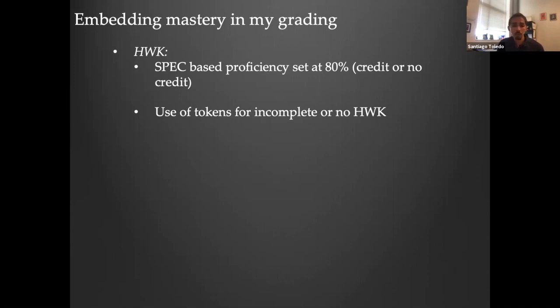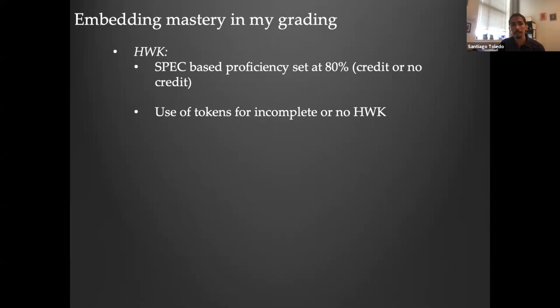That has been huge for me in mitigating the whole grabbing for points, right? The difference between an 80 and an 86 is irrelevant, because the point here is to give students as much practice as possible with the material so that they can achieve some level of proficiency with it.